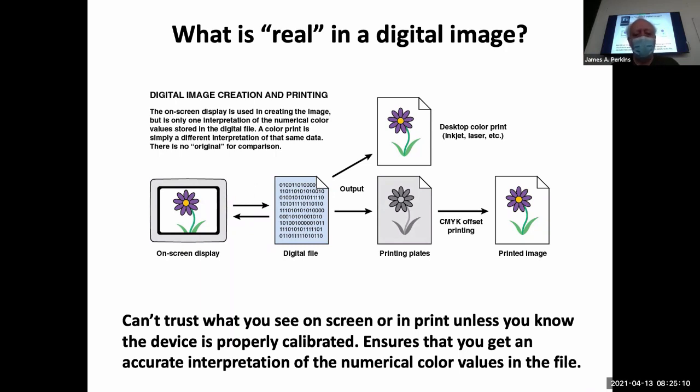Likewise, when you go to print the image, if you print it on your own desktop color printer, your own color inkjet printer or color laser printer, that's just the printer's interpretation of the numbers in the digital file. Same thing when you go to print it using an offset press. You would take that same digital file,